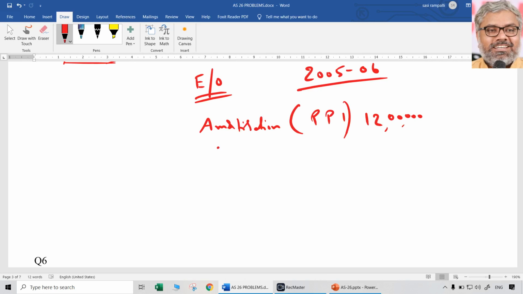And then P&L account normally has to be debited with the current year's amortization, that is 2 lakhs, to this know-how account or intangible asset account 14 lakhs. That is the entry we can pass.